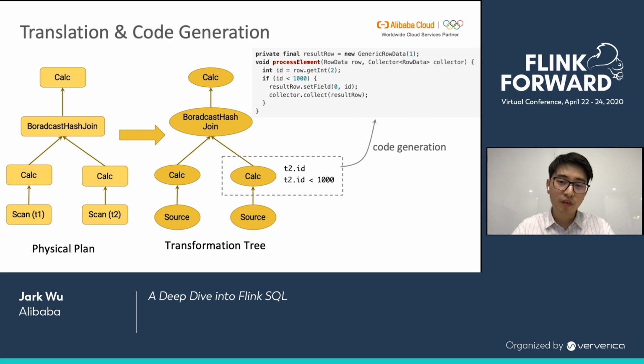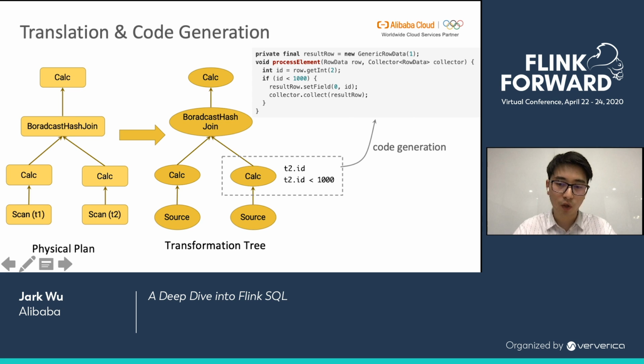So a physical plan is the result of the optimizer. It's the final state of optimization. After that, we will translate it into transformation trees, with the code generation mechanism. For example, the calculated node